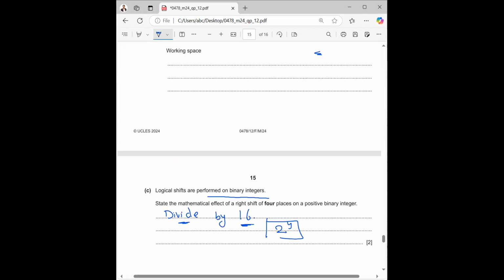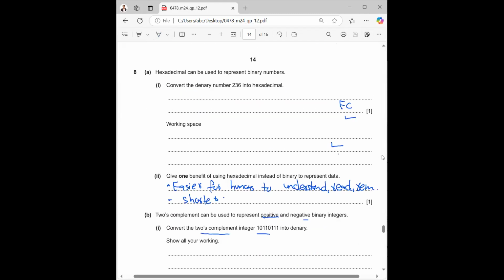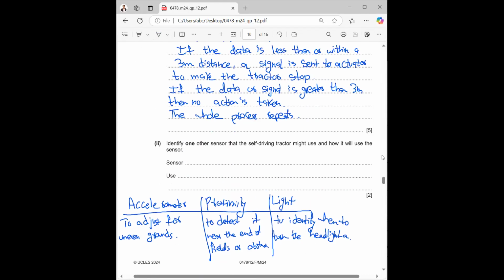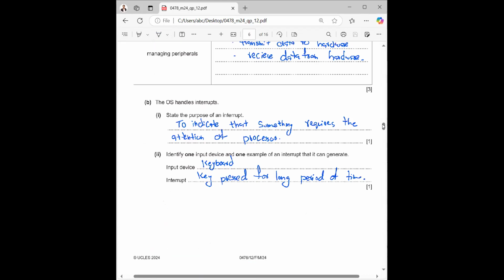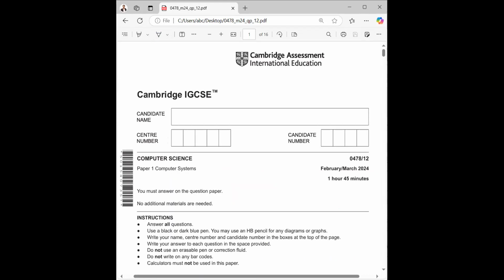Yes, I can show you the explanation for this part. Wait. So wait, but do you have any problems in this paper other than this? No sir. So I will be sending this paper to you so you can solve it, like take a printout and solve it. And for your question,